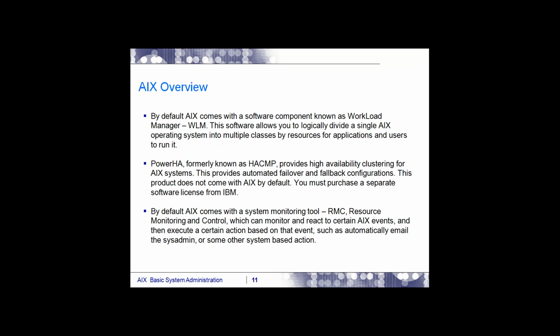And by default, AIX comes with a system monitoring tool. This is a very important thing because most of the time, when you go for Linux and other flavors of Unix, even in AIX, before this tool we used to use a lot of monitoring tools like Nagios, other tools, VMC monitoring tools. What is the purpose of these tools? Using these tools we used to monitor the health of CPU, memory, disk, and network.